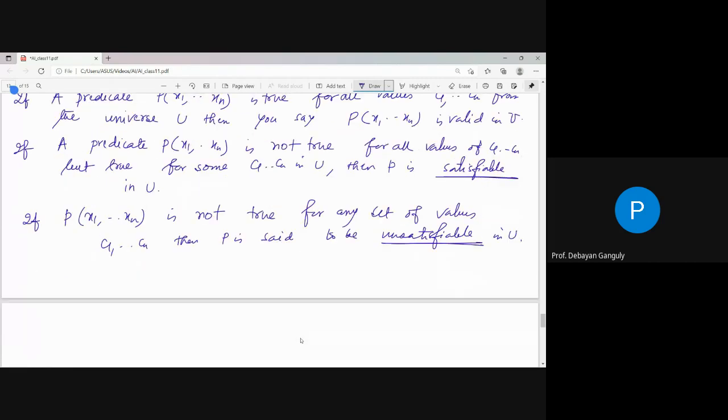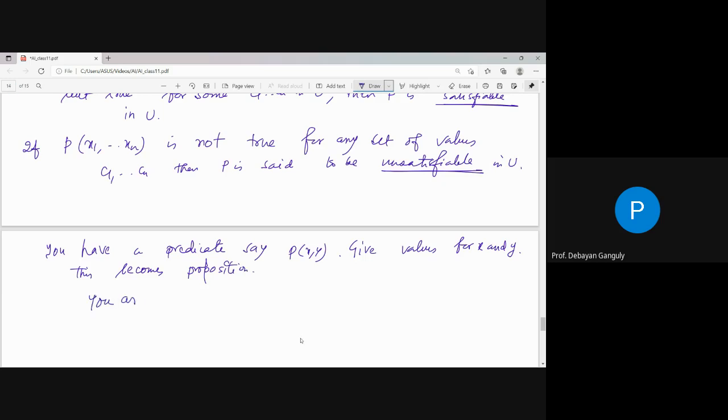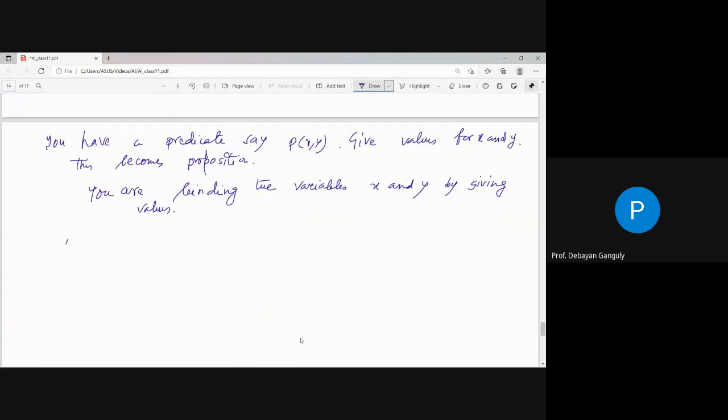So the thing is that, তার মানে আমরা কি বুঝলাম? So you have a predicate, say pxy. You have to give values for x and y, and this becomes, you can say, propositions. That means you are binding the variables x and y by giving values, that's why আমরা বলি এই জিনিসগুলোকেই বাইন্ডিং বাই দ্য কোয়ান্টিফায়ার, বাইন্ডিং ইউজিং কোয়ান্টিফায়ার। তার মানে প্রেডিকেট থেকে একটা প্রপোজিশন লজিকে আমরা কিন্তু কনভার্ট করি, কি দিয়ে করি বাই ইউজিং দ্য